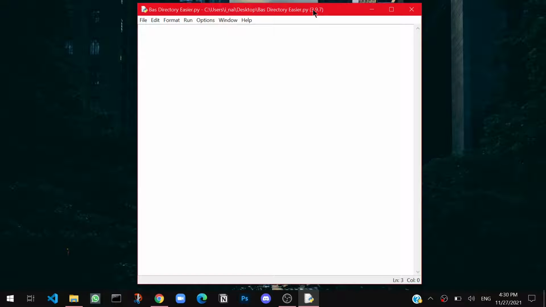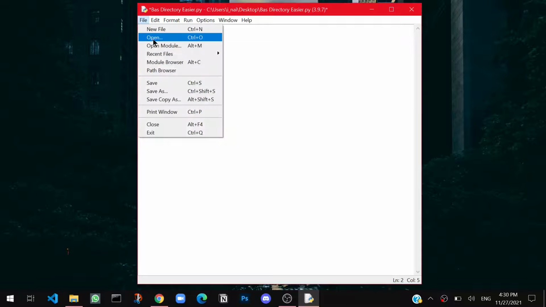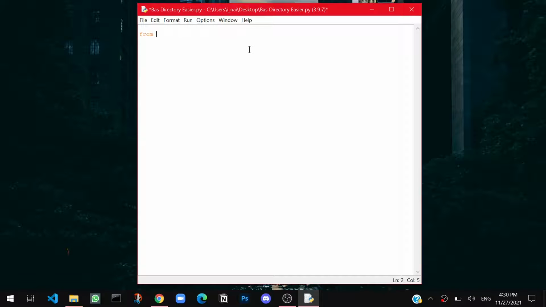To create your first basic GUI app, first you need to import a module or a library, which is basically a pre-default library that comes with Python. That is called the Tkinter library. You have to import from it. This is a Python file which I am opening in IDLE, and ideally you can also open a Python file. Just .py is the extension. You have to create a Python file, so you can click on File and Open and then run your files in this. So we are going to code in this.